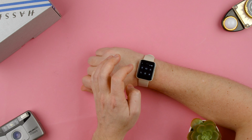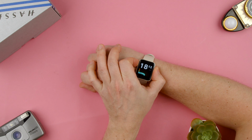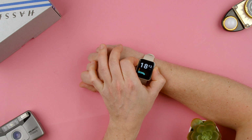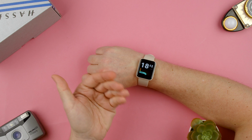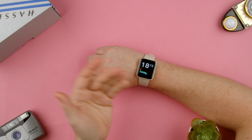Once again, from the bottom, press the little lock. Want to unlock it, press the button for around 3 to 5 seconds. There you go. Unlocked. So that is to basically not do any accidental touches or changes while you're exercising or